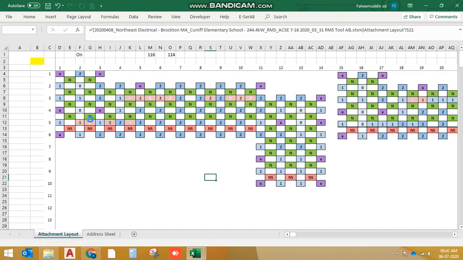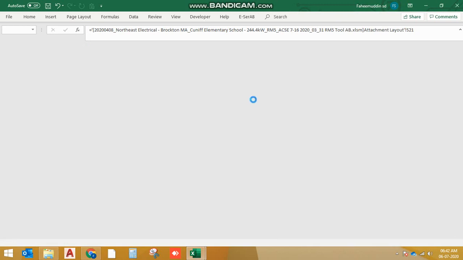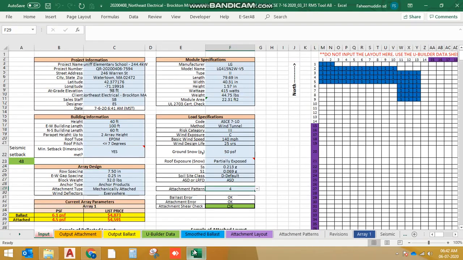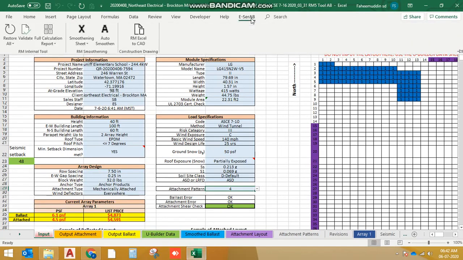Whatever changes you have done are stored in this book. So now I have saved that book. Next time when I'm opening it, if I want the same sheet, instead of clicking on this button, I'll go to this smoothen sheet existing.